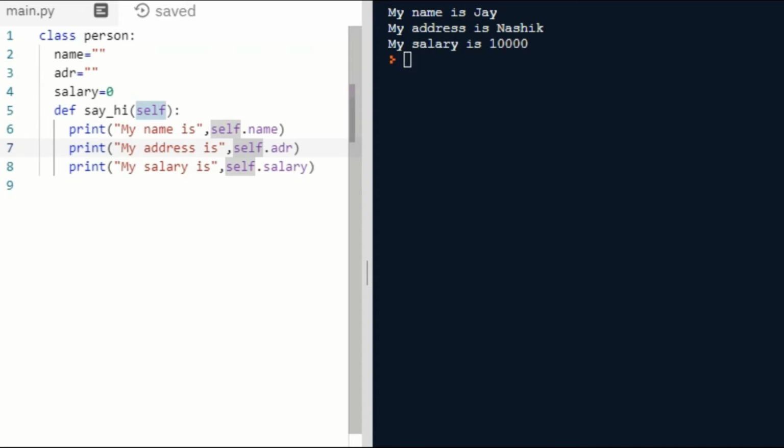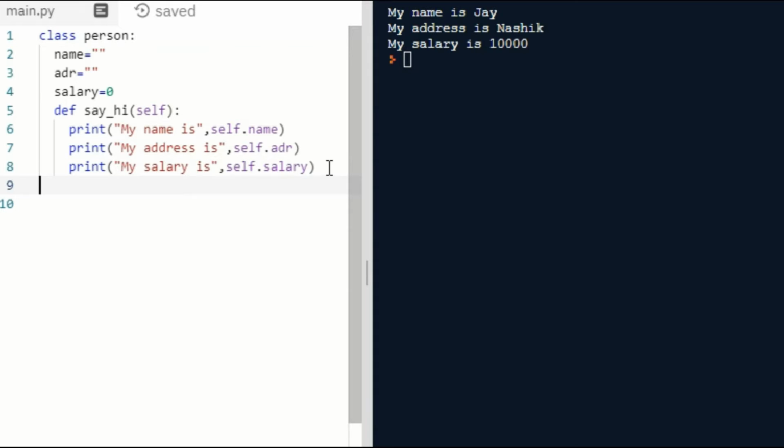Here we have three data members: name, address, salary. We have printed them in the function say hi. So this is all about the class definition. We declare a class only one time and we create many objects from the same class.